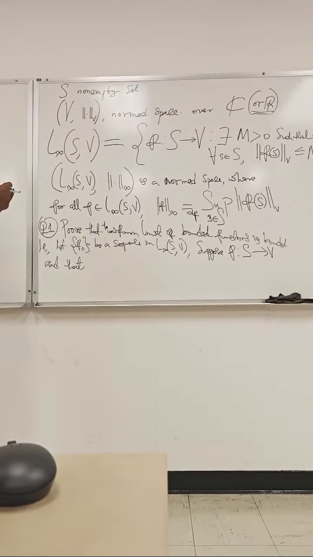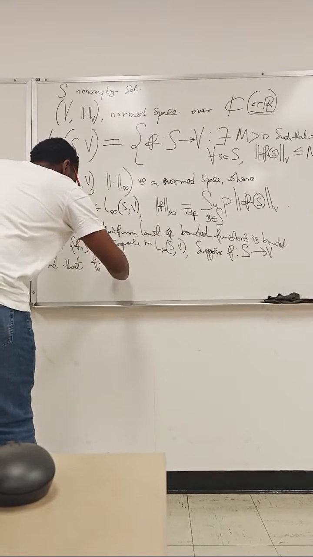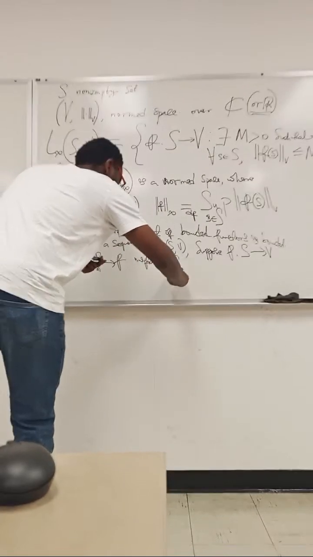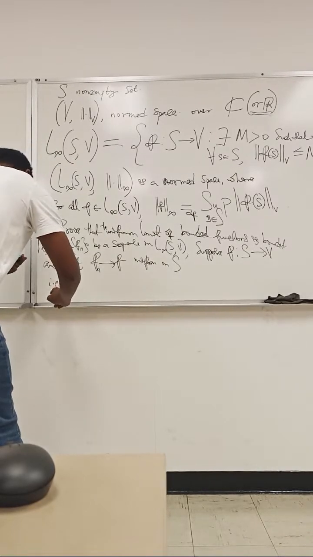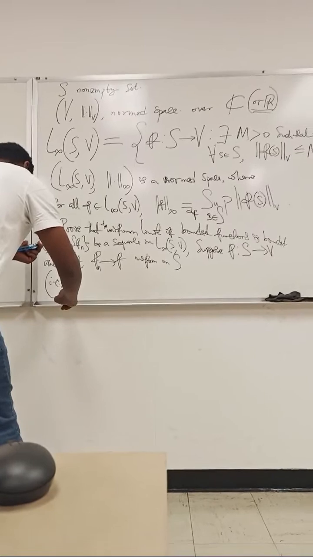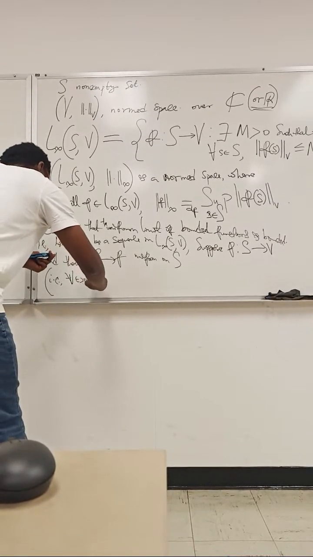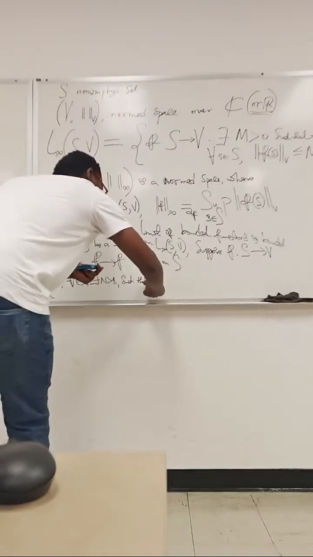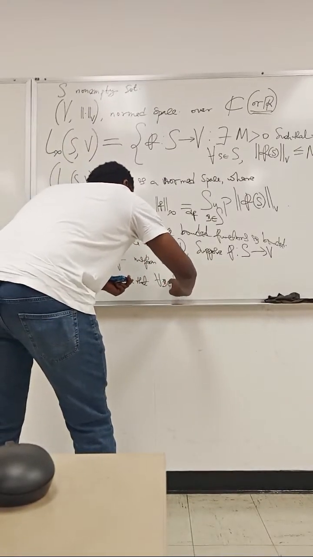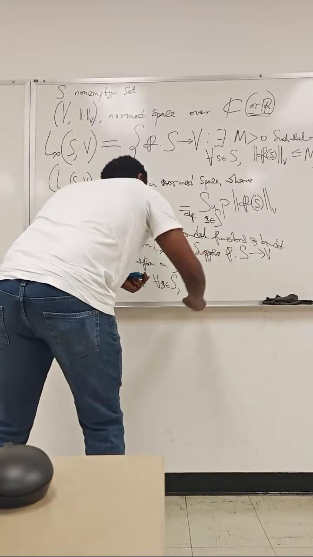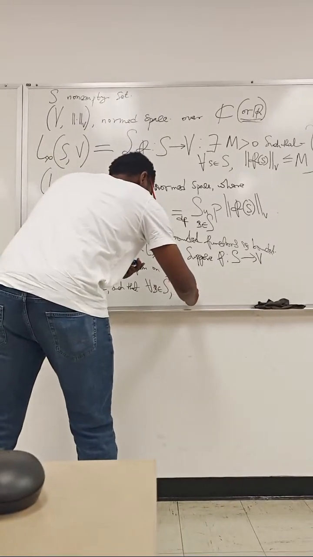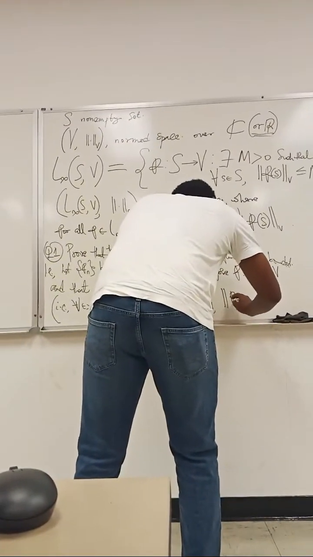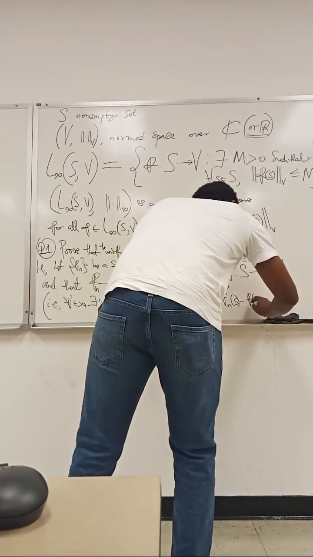Suppose like this, and that Fn goes to F uniformly on S. That is, Fn going to F uniformly on S means for all epsilon positive there exists n bigger than 1 such that for all s in S, for all n bigger than n, the norm of Fn of s minus f of s